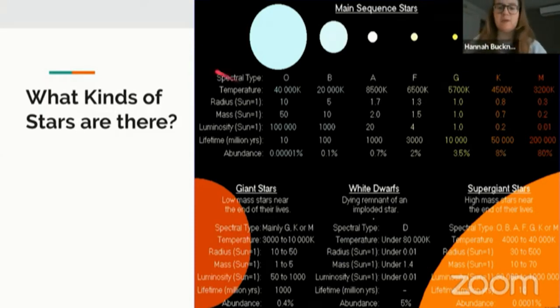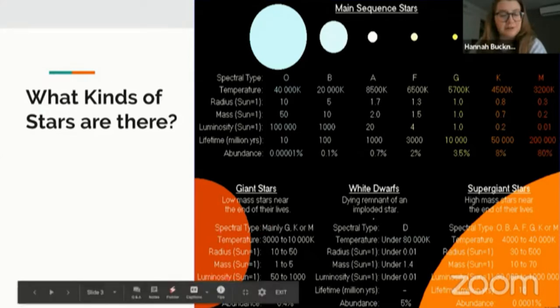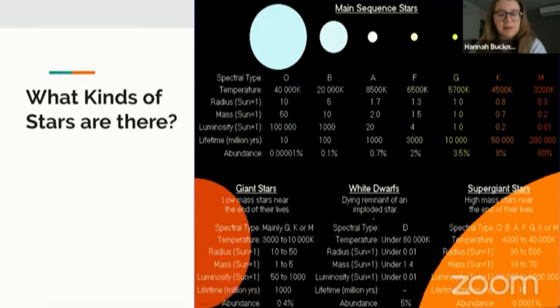But so yeah, we have our main sequence stars here, and I'll be able to go over them a little bit later. But we also have stars like giant stars. I'll also be able to go over those more later in detail, but I think this chart is really cool because it does show you stars in respect to our stars. So it makes you be able to comprehend, to understand in a digestible way how big these things are and what they might look like to us.